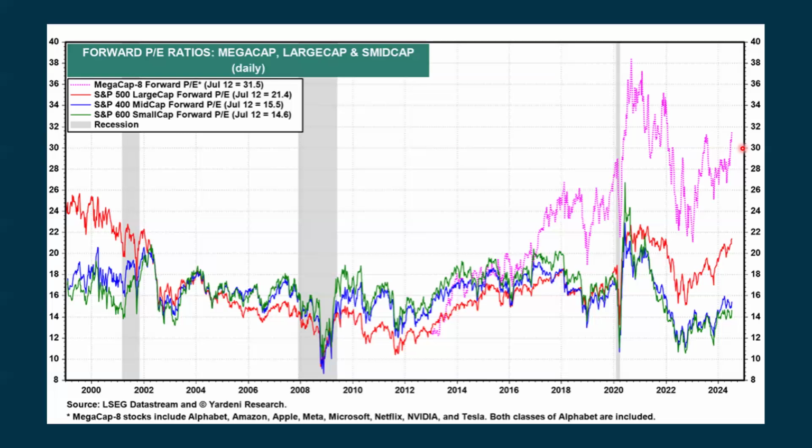And so they're willing to buy at today's prices with the idea that the prices are going to go up into the future. But then we look at the S&P 500, and it's also above that 20 level. So we're also getting expensive looking forward at 21.4. Looking a little bit more towards fairly priced are the mid caps and the small caps. The mid caps are coming in at 15.5. The small caps are at 14.5.